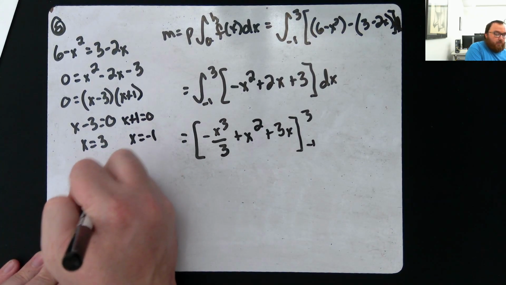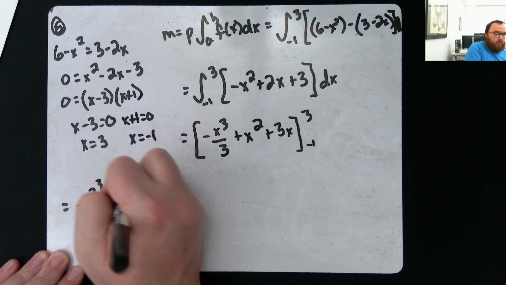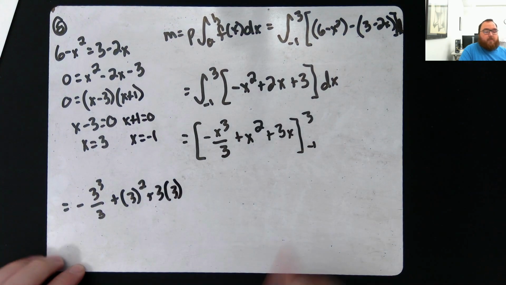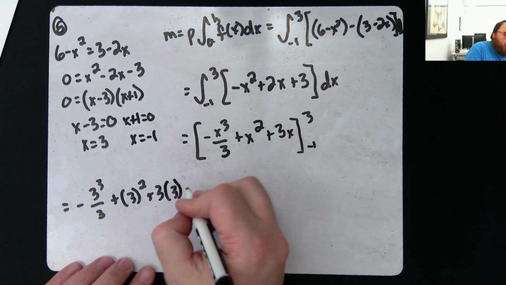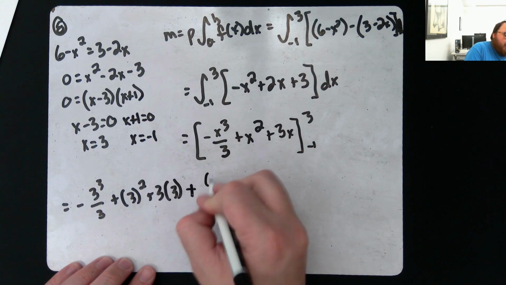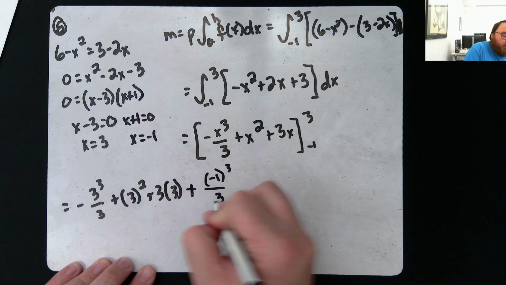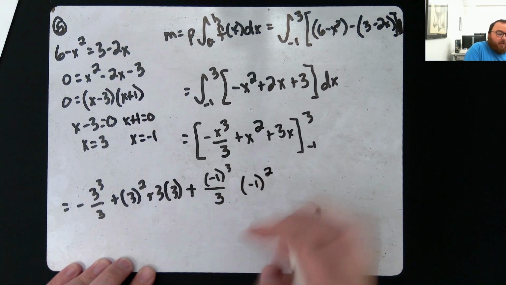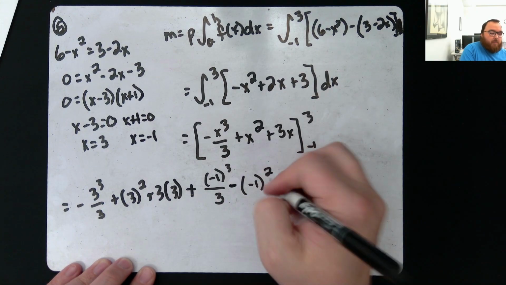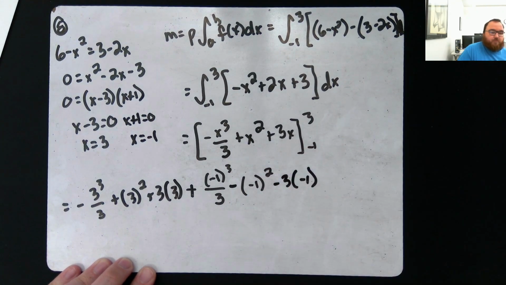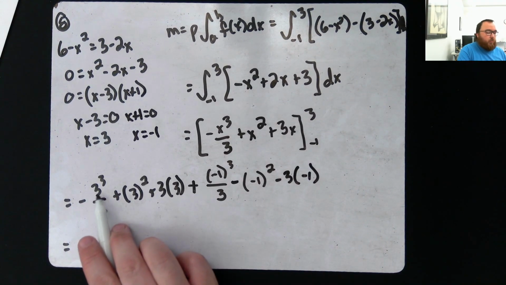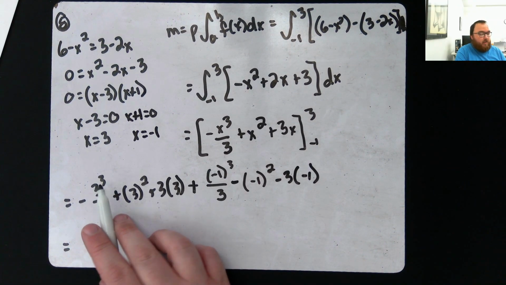So negative 3 cubed over 3 plus 3 squared plus 3 times 3 minus, plug in my bottom bound. So minus, negative 1 cubed over 3 plus a negative 1 squared. Oh, sorry, subtracting it. So that makes this minus 3 times negative 1 equals